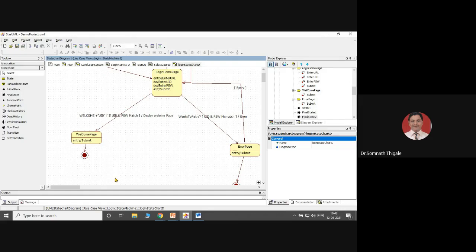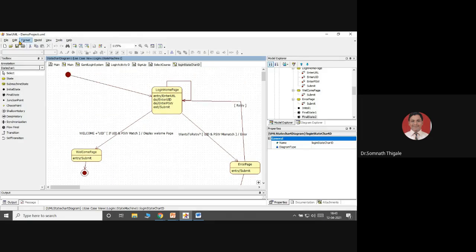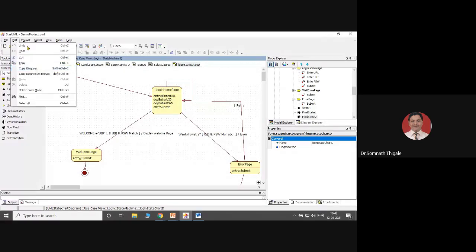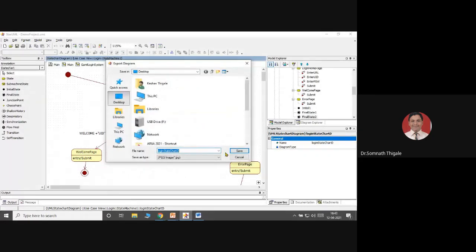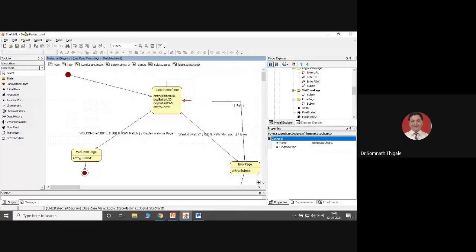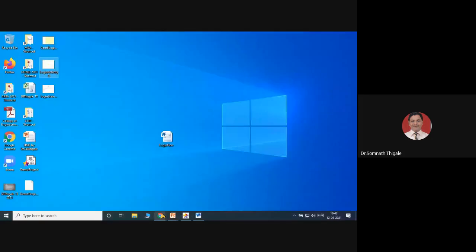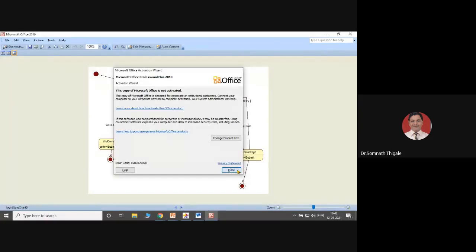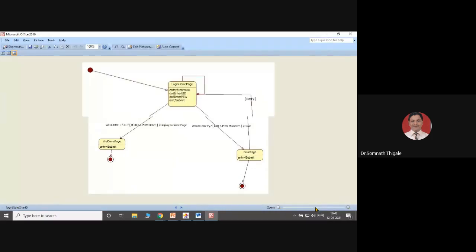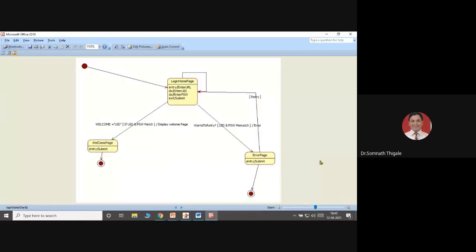I will take this diagram outside: edit, export the diagram, login, state chart diagram, save this. This is my login. You can take the screenshot so that whenever you get time, you try to perform the hands-on on the same.